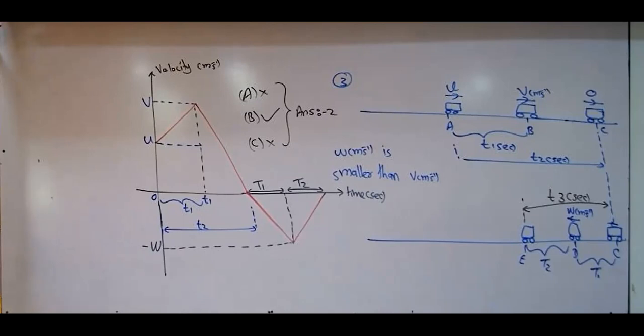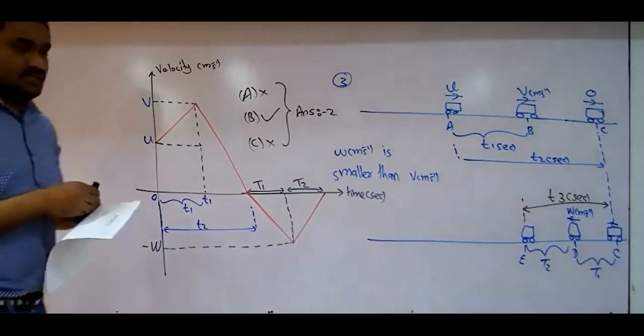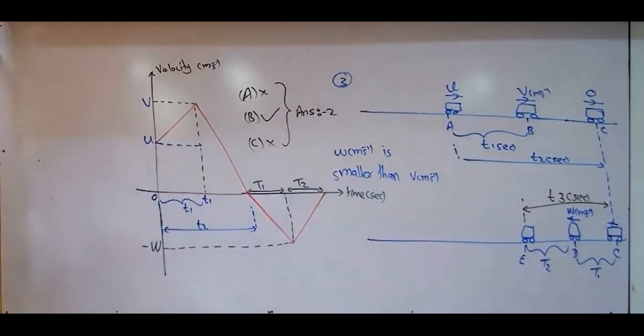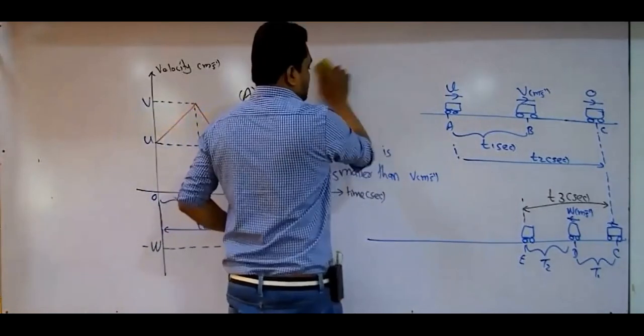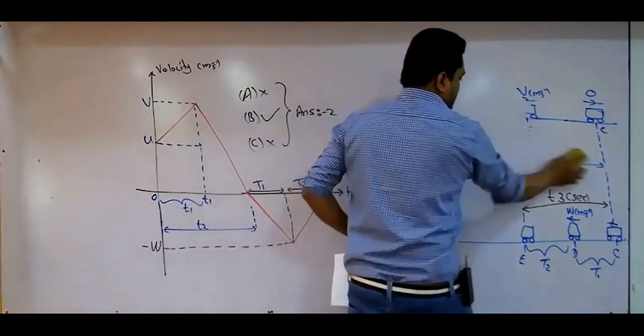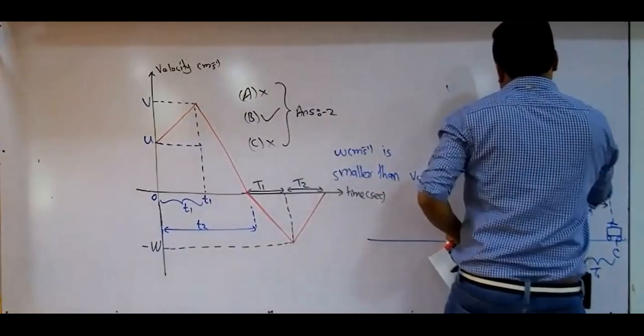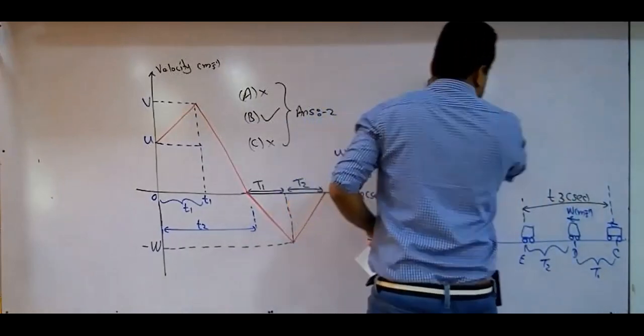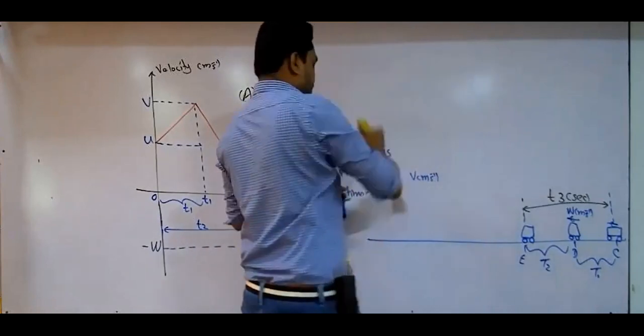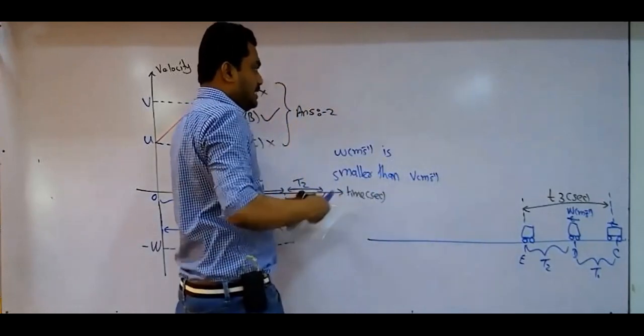What is the least count equation? There are two equations. What is the best equation for this case? The best equation for this is